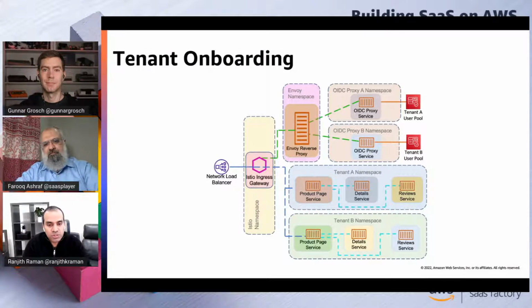Yeah, and the goal is to make it as seamless as possible, right? For any SaaS application, tenant onboarding is crucial, right? So you might have seen all those 5 or 6 files that Farooq was walking us through. You can easily update them, and with zero downtime during onboarding. There's no real manual step where you have to go and add it. So you can easily automate all that during your onboarding process.